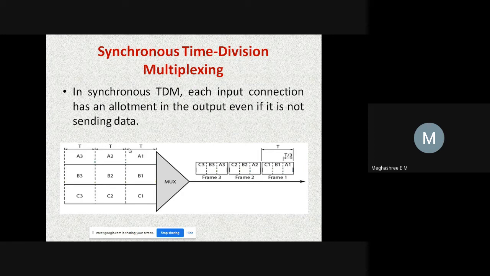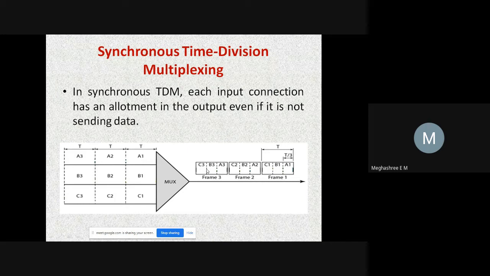You can see here, this T is nothing but this T here. So in this T, you can see all the input units of each flow, right? So A1, B1, C1. Okay, so that is what it says. Each input unit becomes one output unit and occupies one output time slot. A1 occupied some time slot, B1 occupied, C1 occupied. In the same way, A2, B2, C2, and in the same way, A3, B3, C3. Okay, I hope this is clear for you.